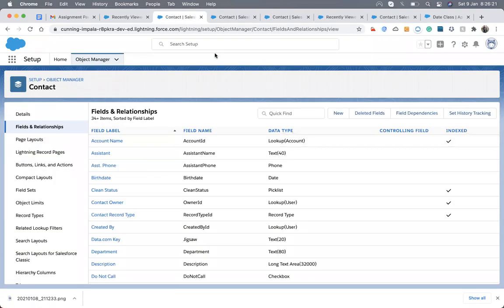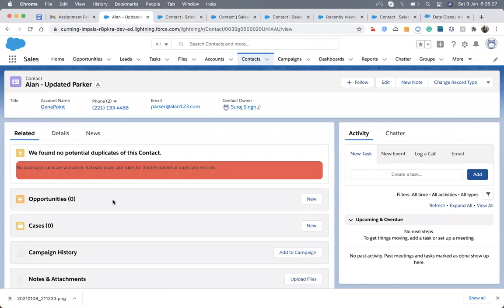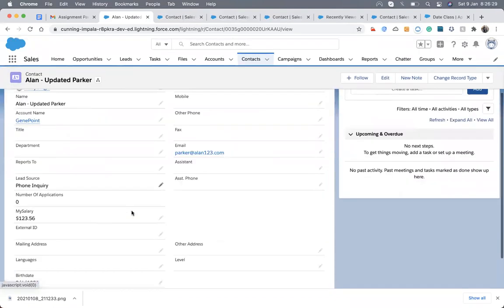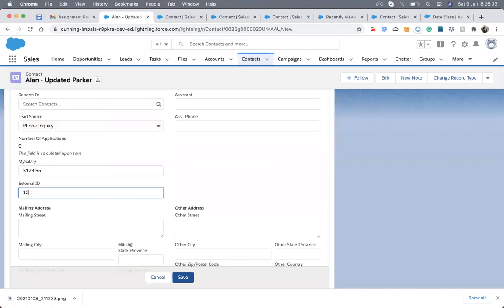So I created a field, and let me come to that contact. Here it is, and let me add a unique number in this external ID field. I added 1 2 3 4 A B C D. Okay, I save it.